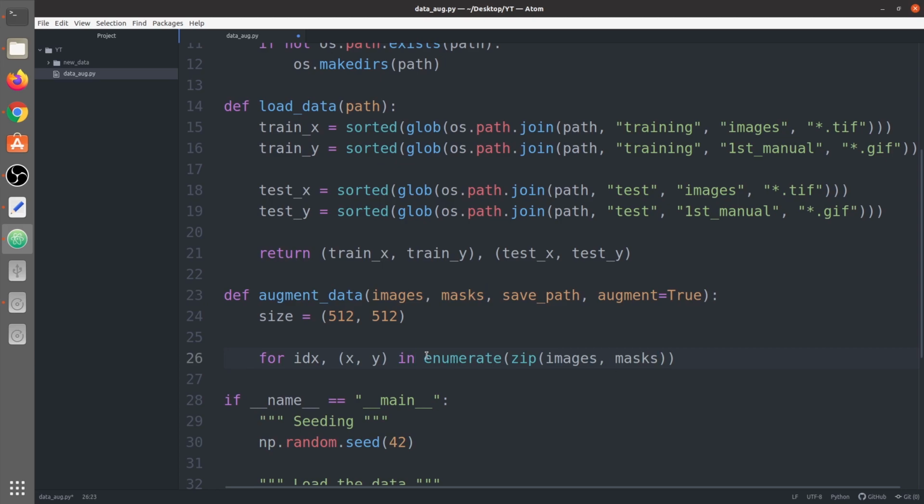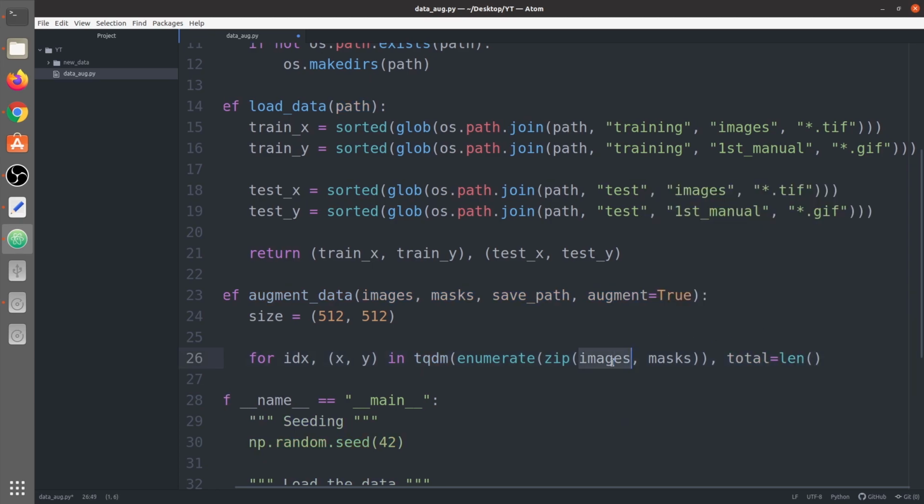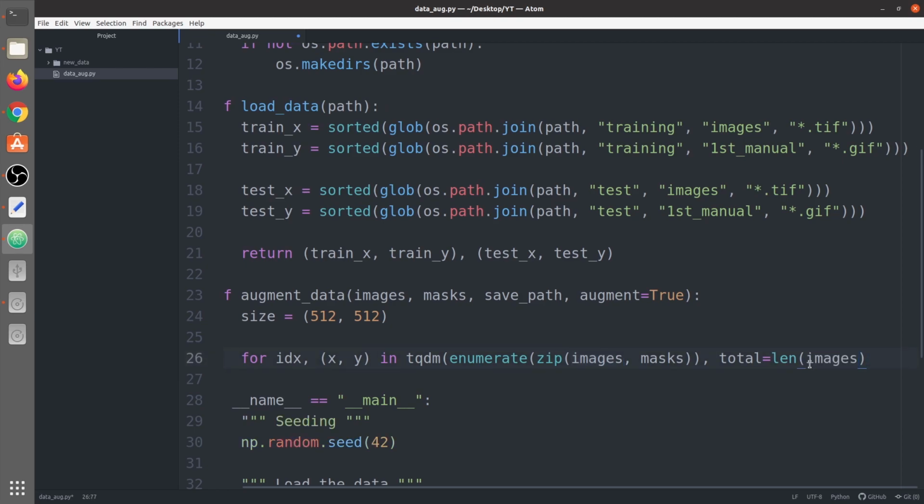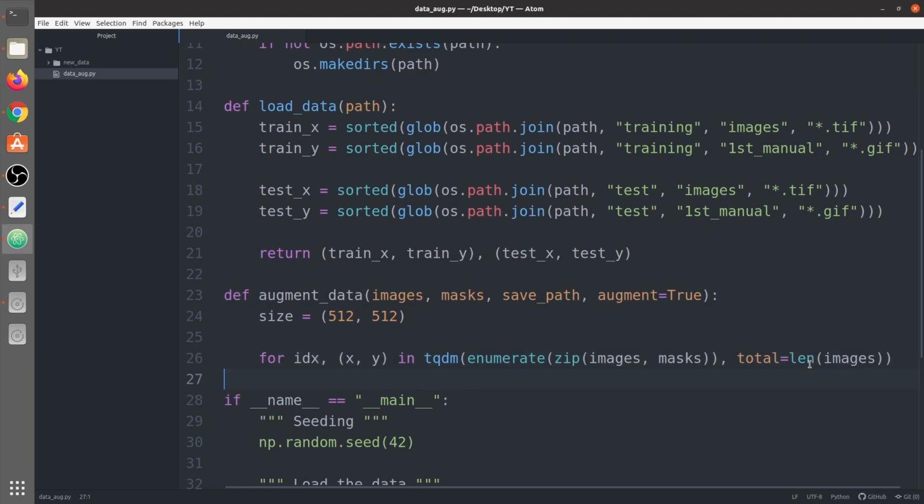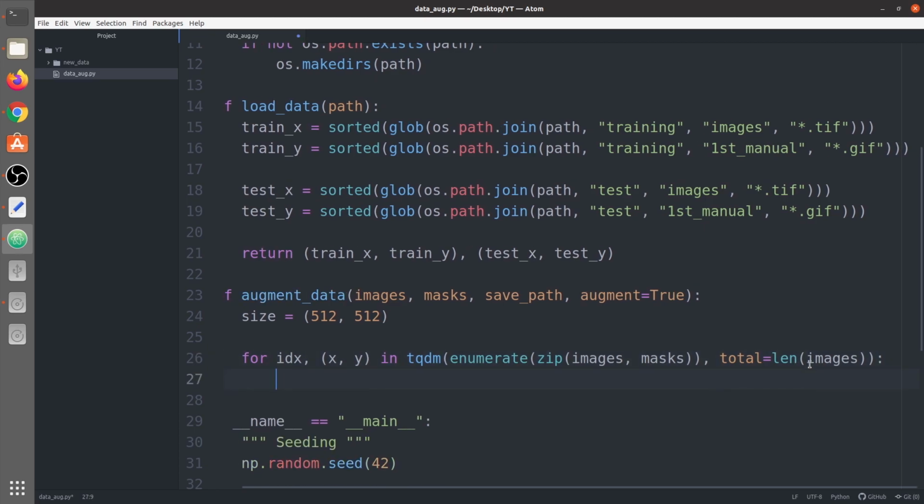Now here we would use the tqdm. Before the enumerate we would use tqdm, and at last it would take a variable called total, which would take the number of iterations it would perform. So number of iterations would be the length of the data set. It would be 20. So now this x and y basically contain the path for an image and its respective mask.